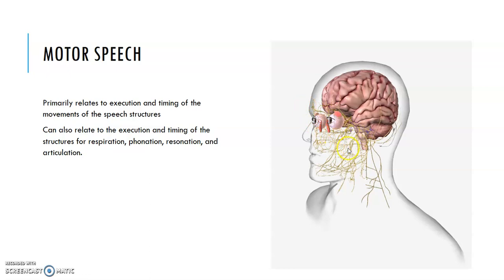And it also again relates to articulation, just like phonology, because all of these signals go down to the speech organs, and how these organs move is changed by the transmission of the signal. So if there's a problem, it's going to show up at the level of the speech organs when we're talking to somebody with this motor speech disorder. And so we really have to be able to classify the difference between our phonology. Is it an error in the storage of rules? Is it an error in the transmission of signals? Or what we'll talk about next, the movement of the structures themselves, if there is a healthy and intact motor speech system and phonological system.